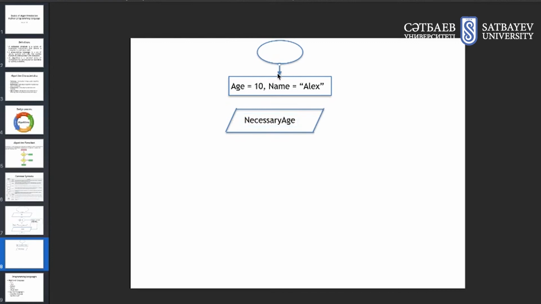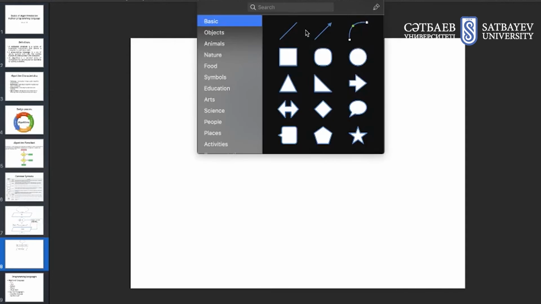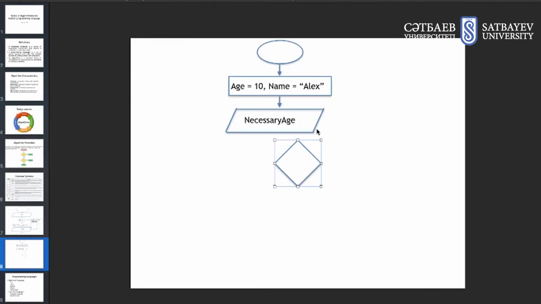Then, according to this age, we should check if he is able to buy an item or has to grow up. We will write down a diamond here. If a necessary age,